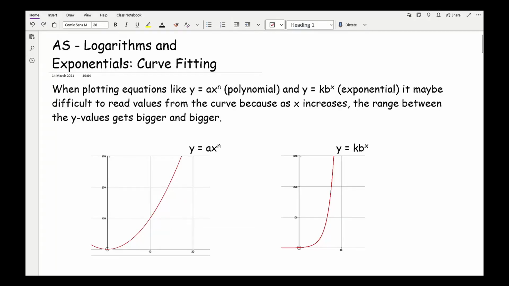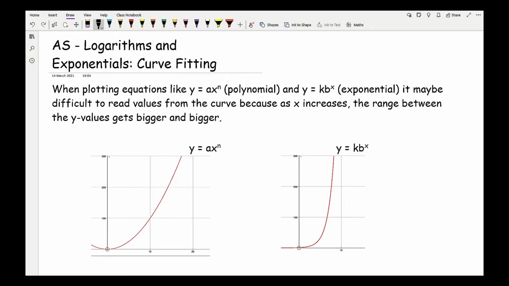Now when plotting equations like y equals ax to the power of n, or any polynomial term, and y equals kb to the power of x, which is like an exponential term, it may be difficult to read values from the curve because as x increases, the range between the y values gets bigger and bigger. As you can see in these two graphs, the first graph is a polynomial graph, and our y scale, if your eyes are good enough,